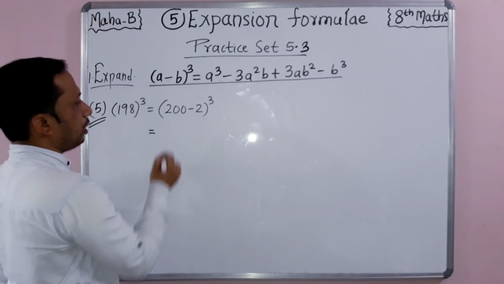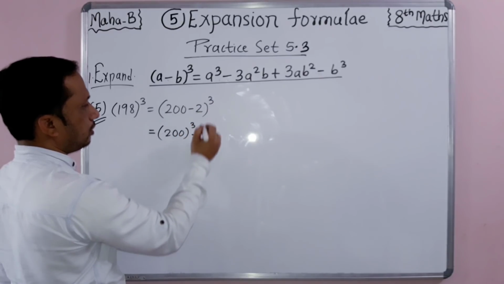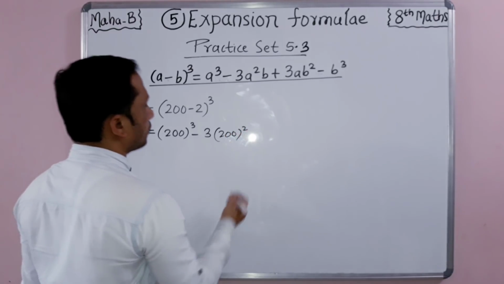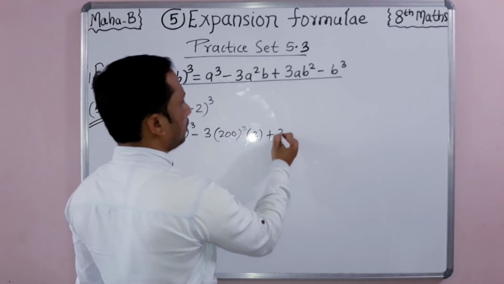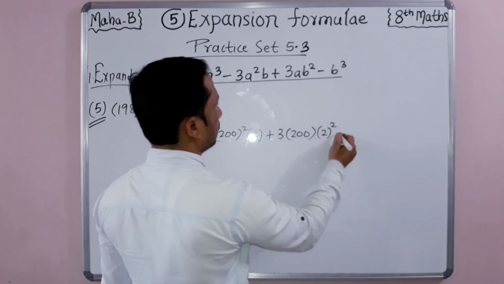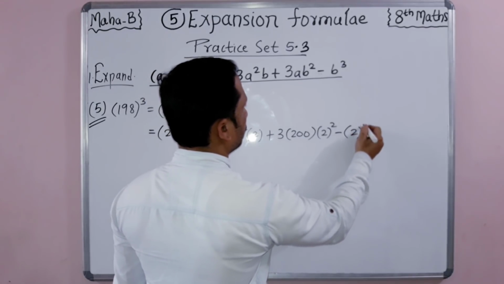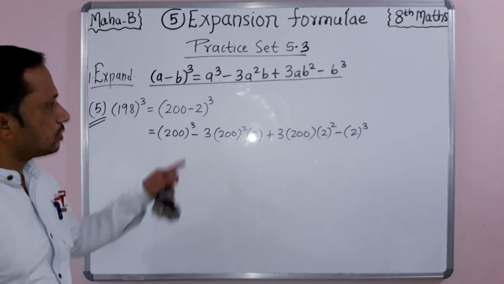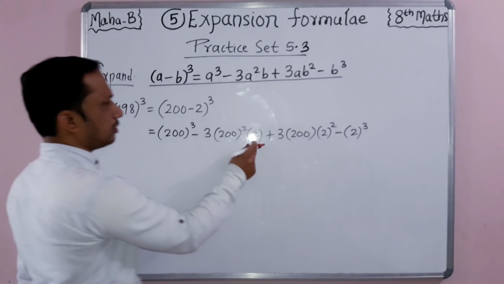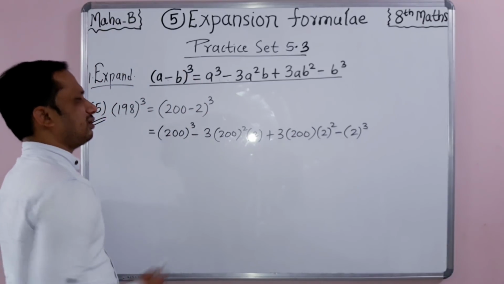So what is the formula? a cube minus 3 a square b plus 3 a b square minus b cube. Here 200 cube is there, minus 3 into 200 square into b, what is b, student? 2 is there, plus 3 into a, 200, and b square, 2 square is there, and again minus b cube, what is it, students? 2 cube is there. Okay students, so this is nothing but the expansion. Use the formula, put the perfect numbers at the perfect place and just expand the given number and then find the